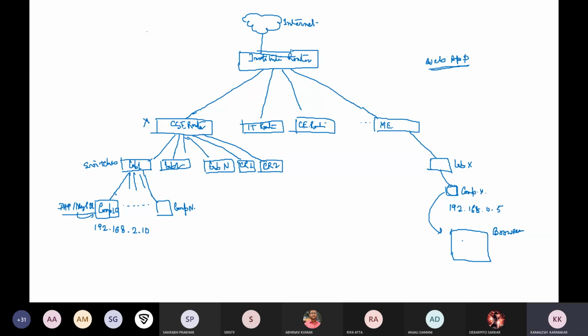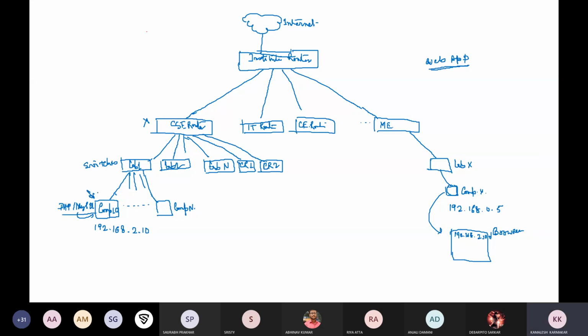Now, using that browser, if your application is already running on computer 192.168.2.10, then in the URL part I will type 192.168.2.10 and press enter, if it is hosted on port 80 or the default port. So your application is accessible from this machine.